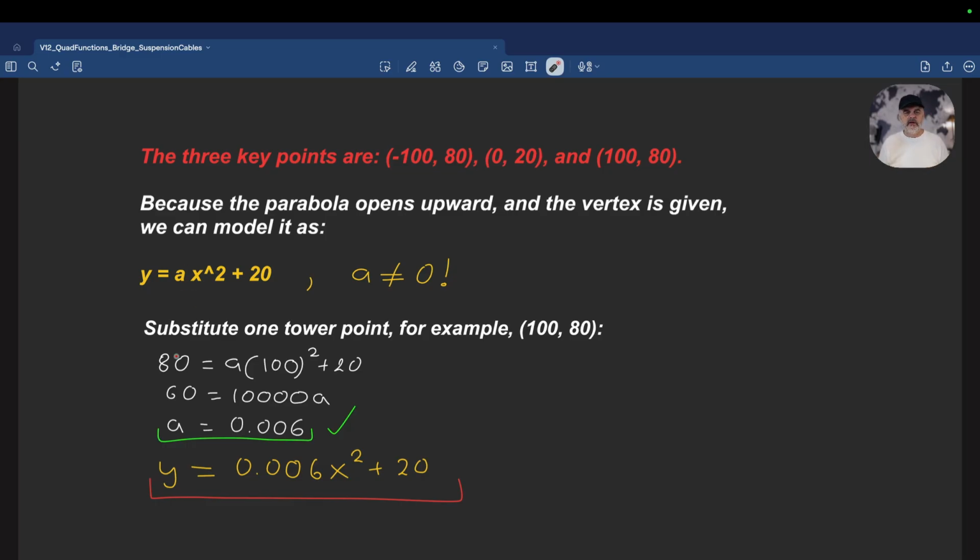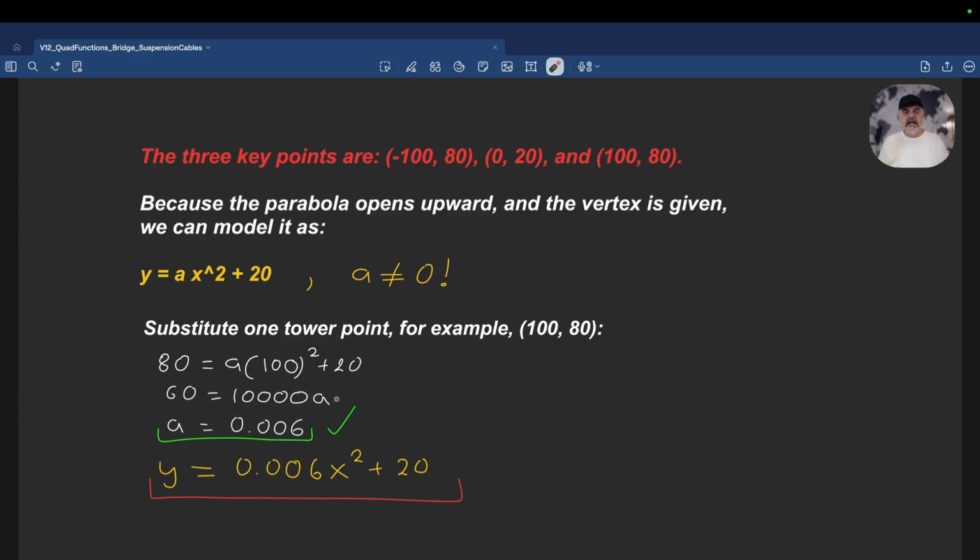points that we know. For example, 80 is the y coordinate of the point at x equals 100. So we're going to plug this into the equation where c is already figured out. X is 100. So you put x equals 100 inside the equation, and on the left side you have 80. So this is an equation that you have to work with to find the value of a. Because x is to the power of 2, thinking of the BEDMAS rules, raise 100 to the power of 2 to get 10,000,